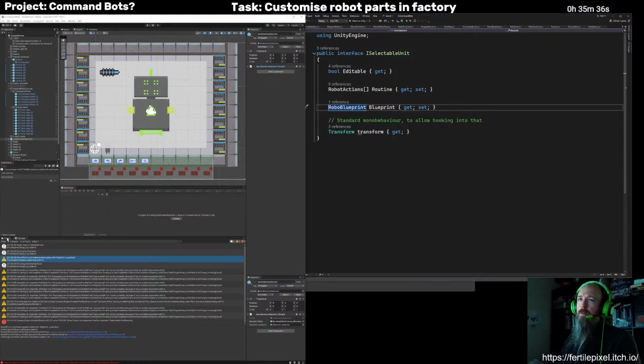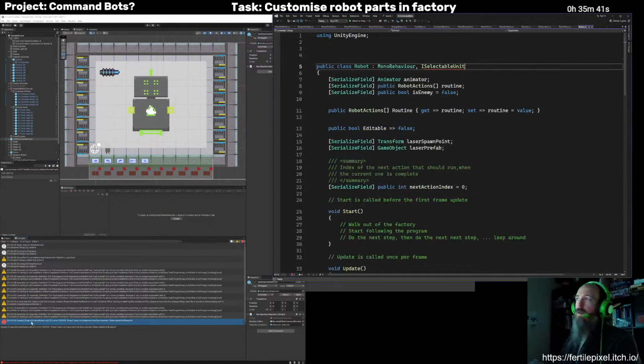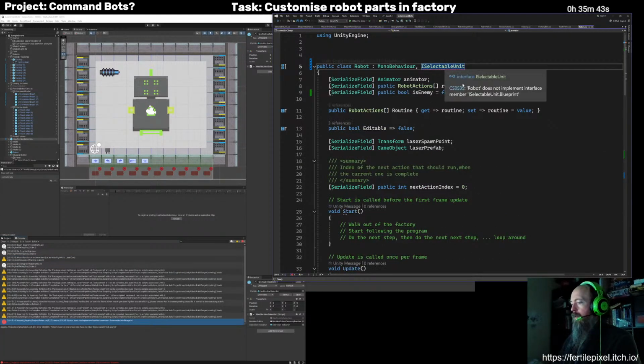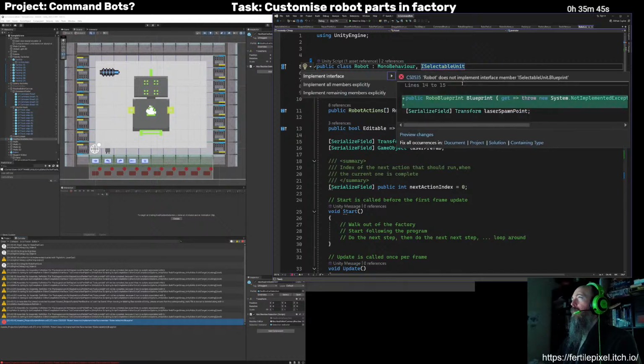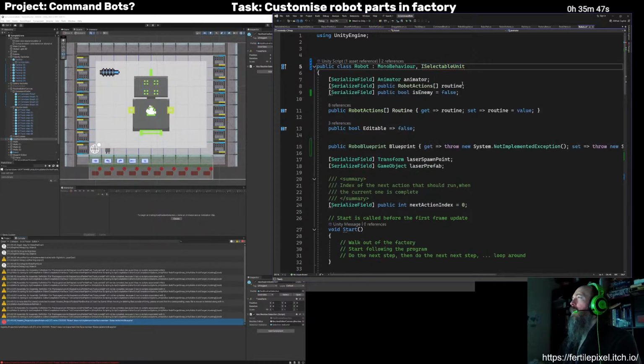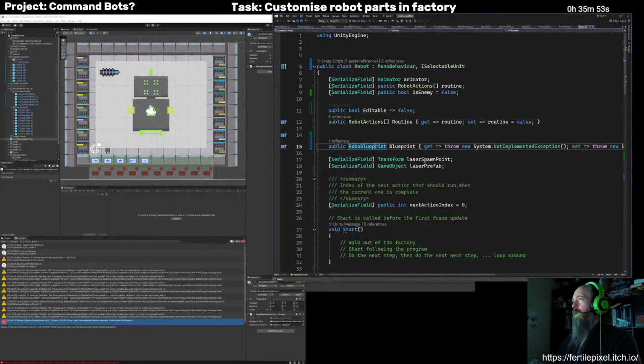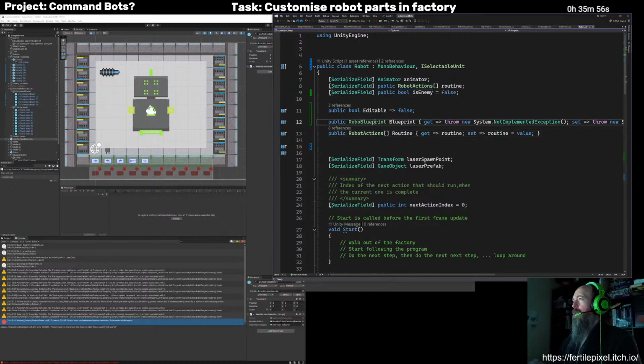Anyway, let's just. Oh, I'm going to go here actually. Just go straight to that and say, yes, implement me that. Property there. I'll just put those in the same order as they are in the interface.